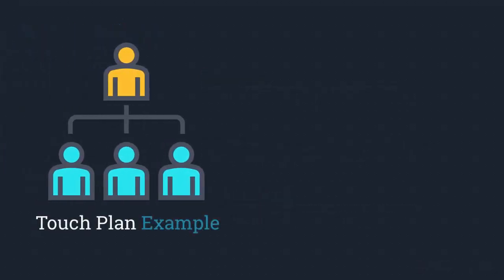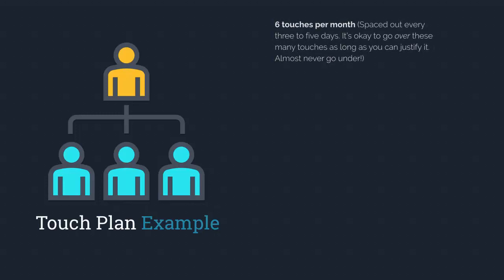So let me give you an example of a plan that you can model your own off of. You can obviously adjust this, but this is a really good plan to show and teach you this concept of touch points. So let's say I had a continuity program where I said, in general, I'm going to touch them 6 times per month. So that would break out to once every roughly 3 to 5 days. Actually, maybe 3 to 7 days, right? So they're used to experiencing 1 to 2 touches from me per week, with usually 3 to 5 days apart. Now, if I have a good reason to, I will touch them more than 6, but it has to be a really good reason. But as much as possible, I never want to touch them less than 6 times a month. In this particular case with this type of continuity program, right?